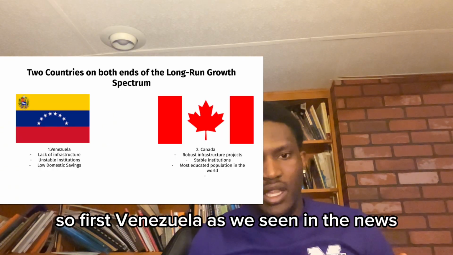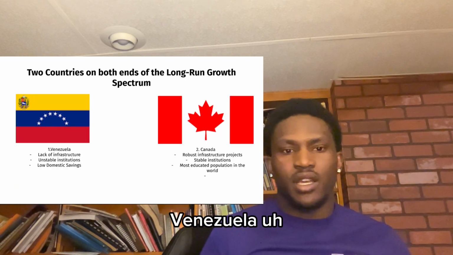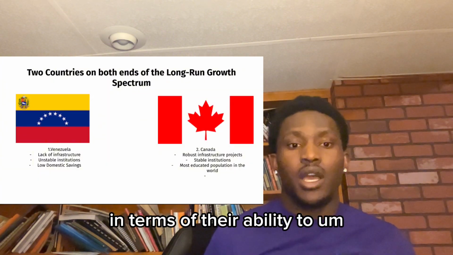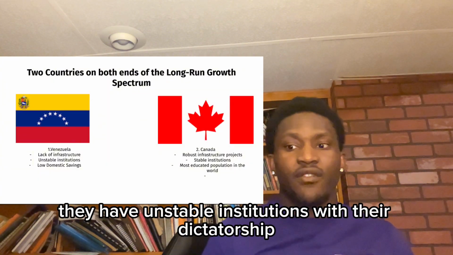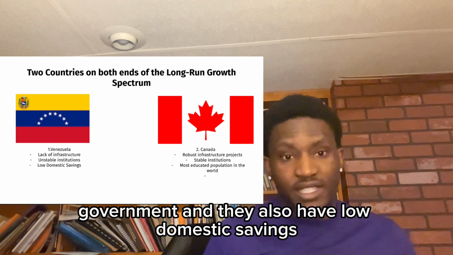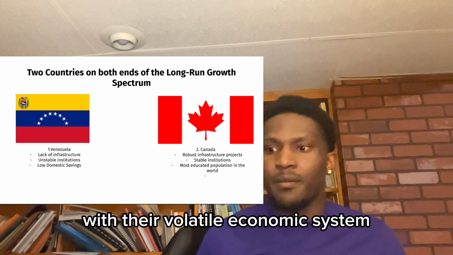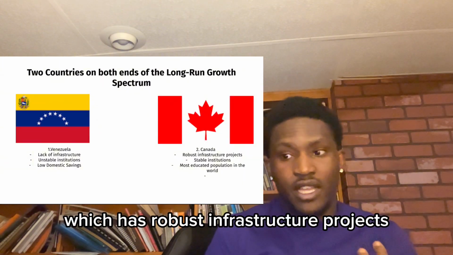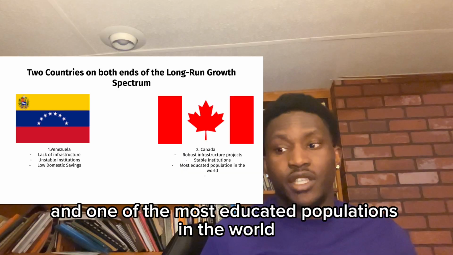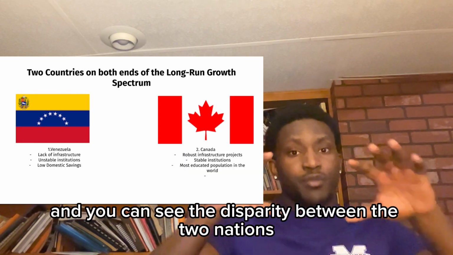So first, Venezuela, as we've seen in the news, has a lack of infrastructure in terms of their ability to extract natural resources. They have unstable institutions with their dictatorship government, and they also have low domestic savings with their volatile economic system. Then you have Canada, which has robust infrastructure projects, stable institutions, and one of the most educated populations in the world. And you can see the disparity between the two